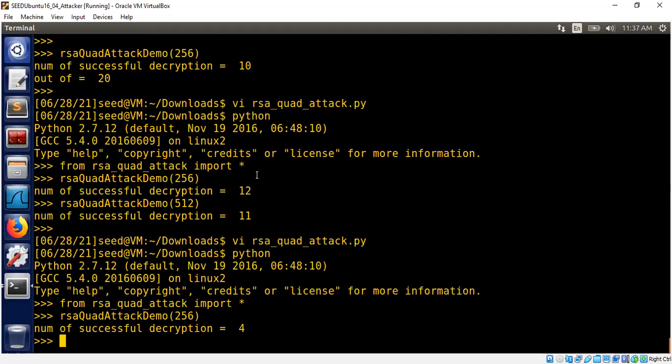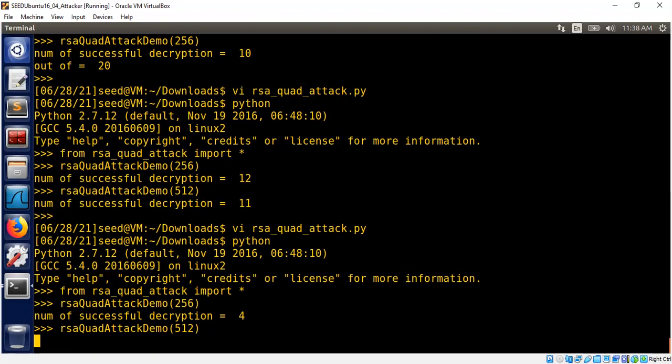Okay. As you can see here, I already ran for a small RSA modulus of 256 bits, which is very weak. You should be running 2048 at least, but for demo purposes, it's perfectly fine. I encrypted 10 messages and I can successfully decrypt 4 of them. We can try more. Oh, okay, here it is already. I generated a 512-bit random RSA key pair, and out of 20, I was able to decrypt 11. It turned out that about 30% of the messages can be decrypted